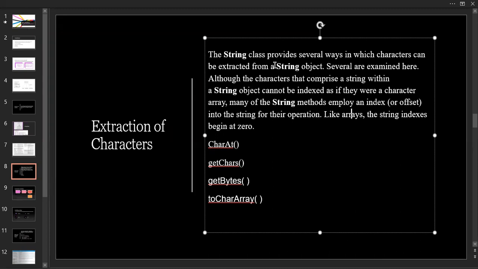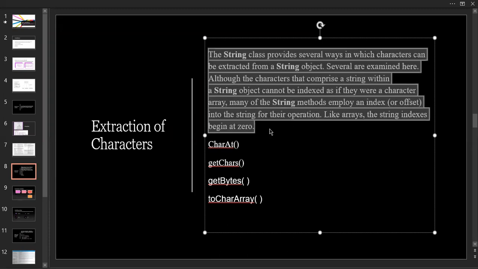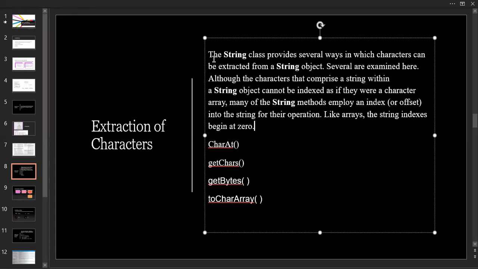Each alphabet, like THE, this is one character, this is the second character, this is the third character. We consider this whole paragraph as a string, and each single one is a character. I think you got my point.